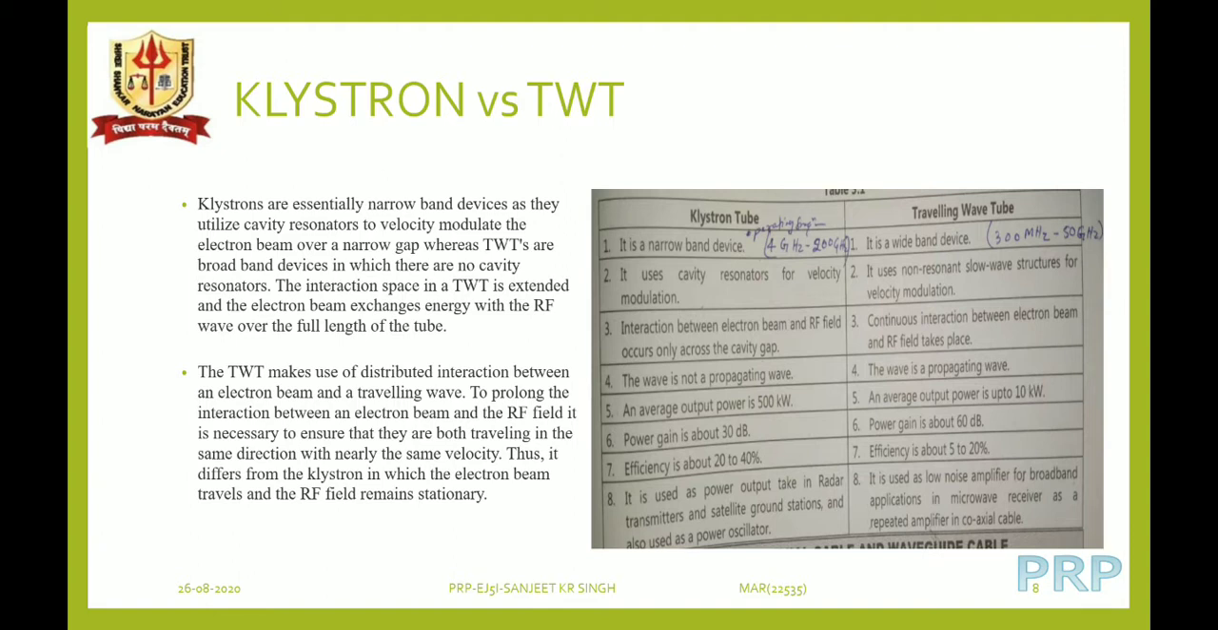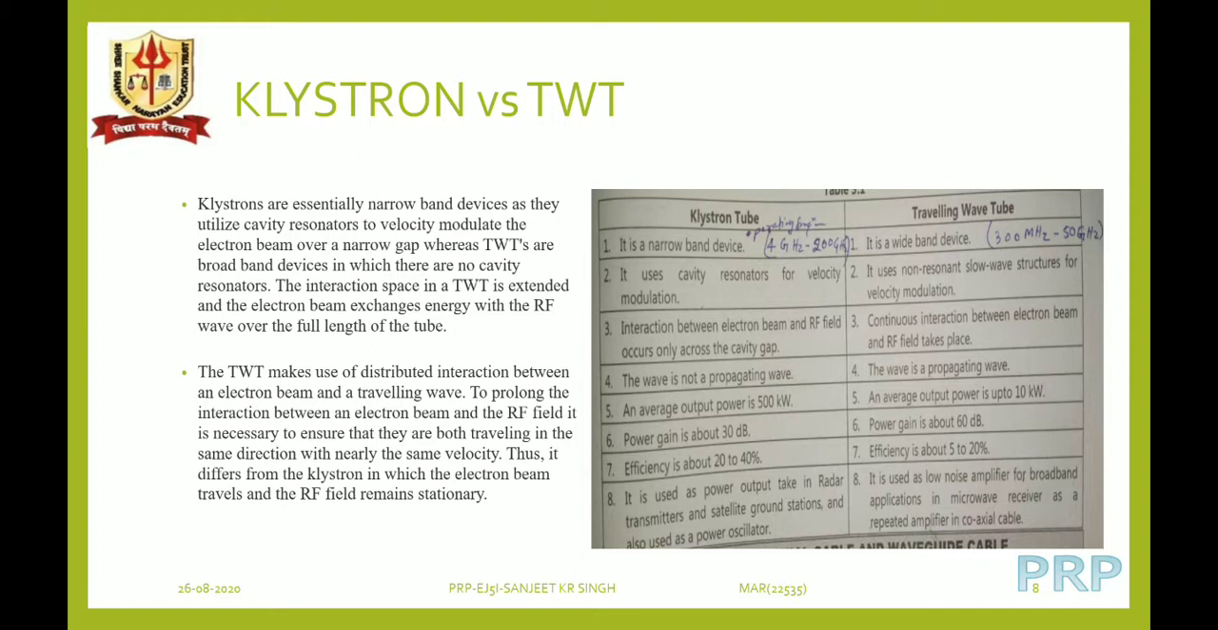Now the comparison of the klystron with TWT. The klystron, as we have seen in the first part of our presentation, is a narrow band device which makes use of cavity resonators, whereas TWTs are wide band and more powerful due to the longer interaction compared with the klystron amplifier